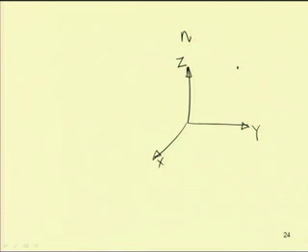We can represent the position of a body by Cartesian coordinates x, y, z. For each particle, for the first particle it is x1, y1, z1. So, for n particles we have 3n